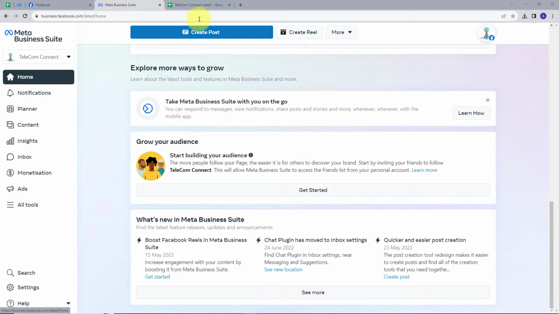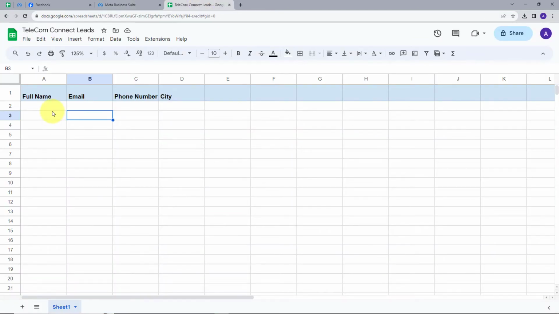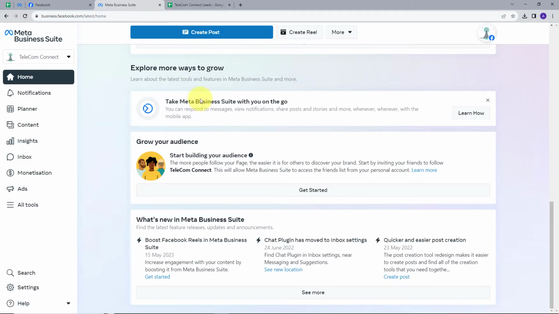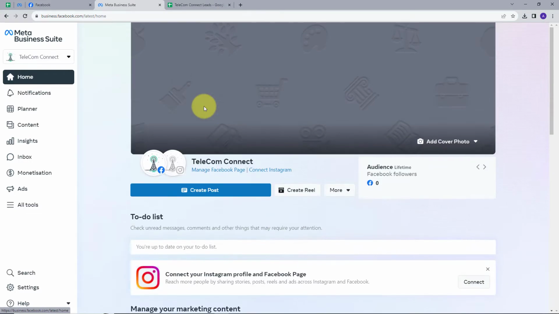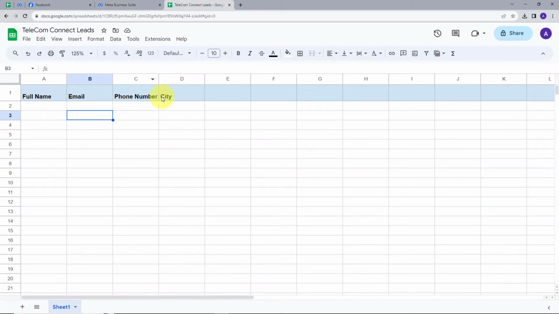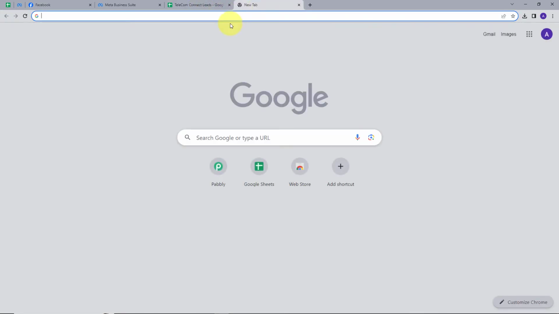But I want all these lead details in my Google Sheets, and I want these details to be added automatically so that I don't have to do this manually, which will save time for me. So whenever a new lead is generated on my Facebook page, I want these details to be added automatically in my Google Sheet. For that, we are going to use Pabbly Connect, which will create an integration between my Facebook page and Google Sheet. So for using Pabbly Connect, I'll open a new tab and I'll search for pabbly.com,